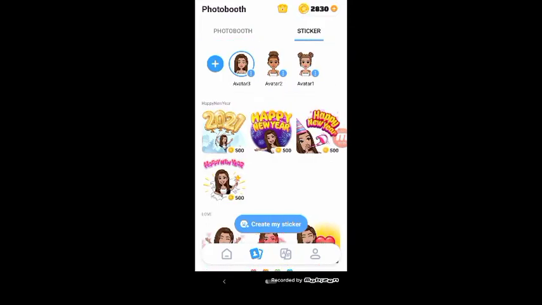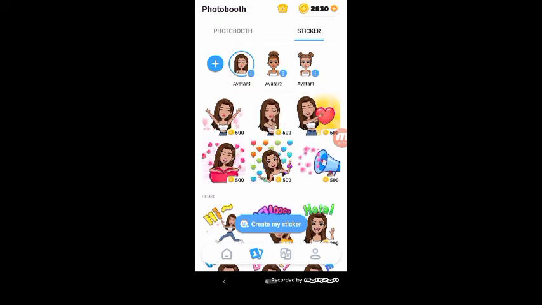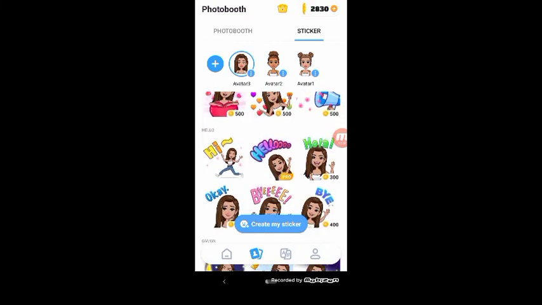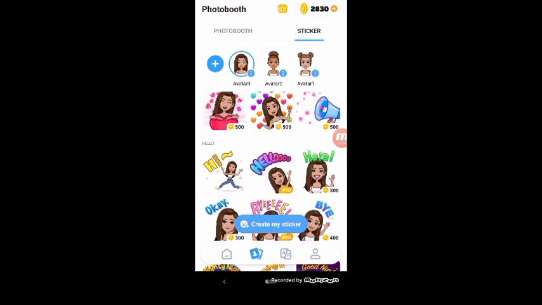Using any of these avatars I've created, you can see it's avatar 1, 2, and 3. So I will just scroll for a particular one that suits the content I wrote, or the message I want to pass. For instance, if I want to make an announcement, I'll use this one that is showing 500